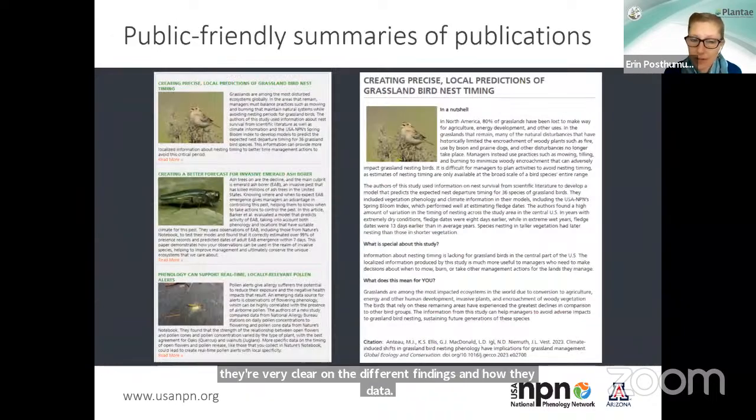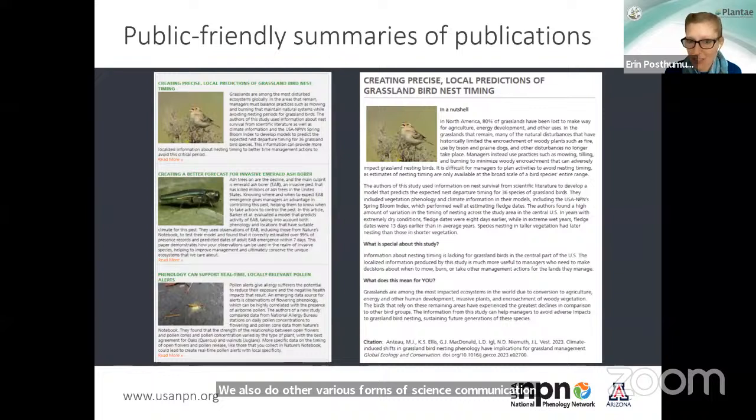We also do other forms of science communication because we are trying to communicate back with people about phenology and what scientists are finding. We do summarized versions of publications. This is a couple of different publications that have come out over the last year. We do very simple summaries, and I think the most important part is probably, what does this mean for you? We try to have a message in there about why people should care about the publication that came out. We really try to put this in simple language to avoid scientific jargon. We often will run this through an editor that will tell us the reading level. We try to keep it at high school reading level or below to make sure that it is really accessible to all of our participants.